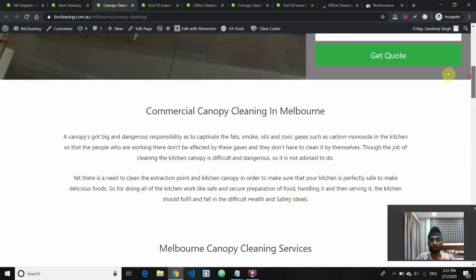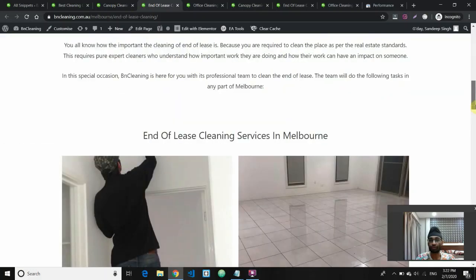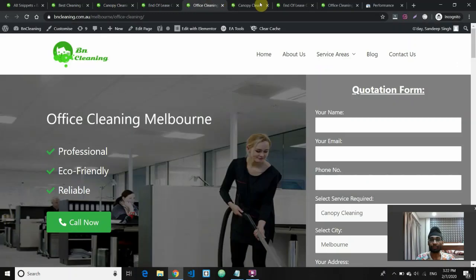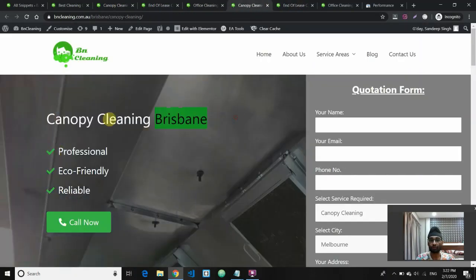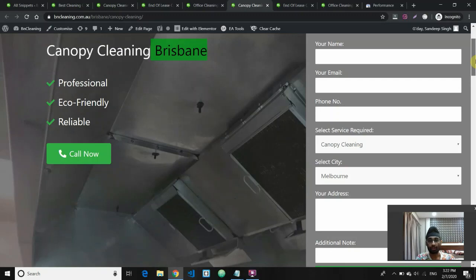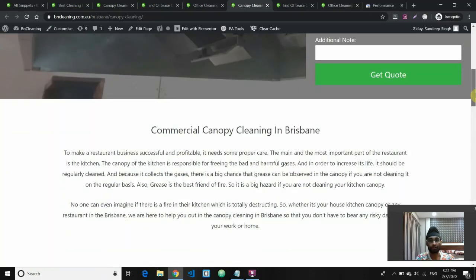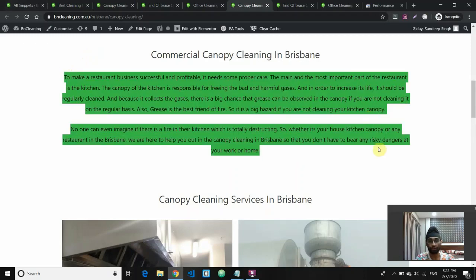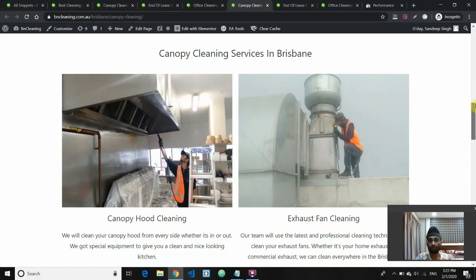As you can see, initially we were struggling to get the content on, and as I mentioned, the service will be the same, but only the difference will be the location. So we really needed to make sure that each of the content is 100% unique. That's another challenge that the writer needs to face as well. But overall, this writer delivered quite a great job. He actually made sure that all the contents are at least 500 words, and they are unique for each,